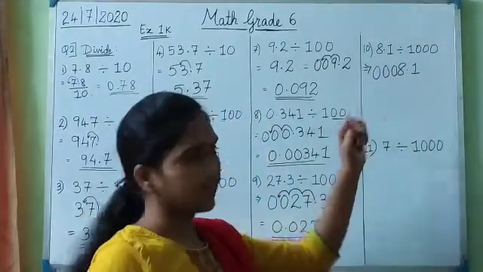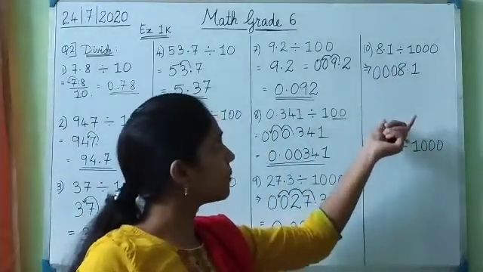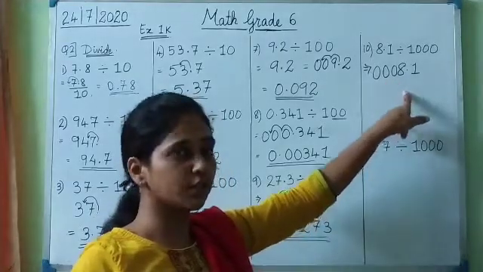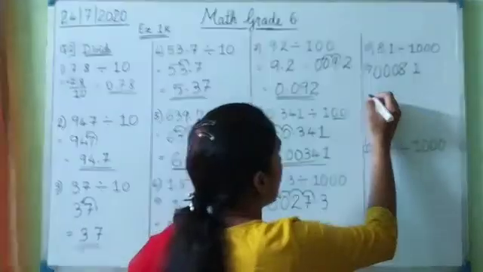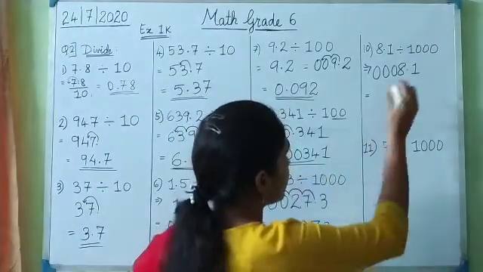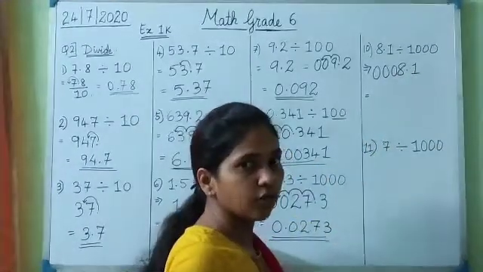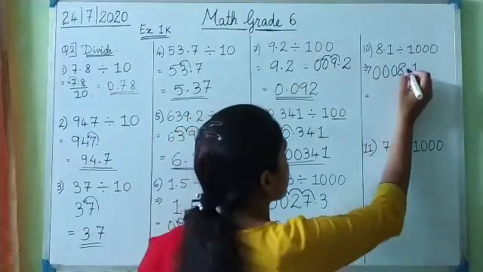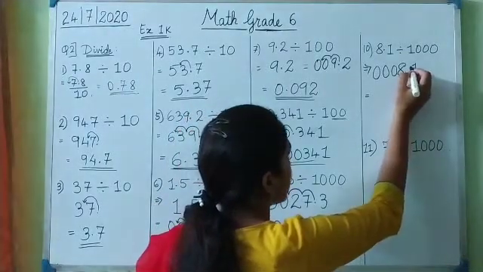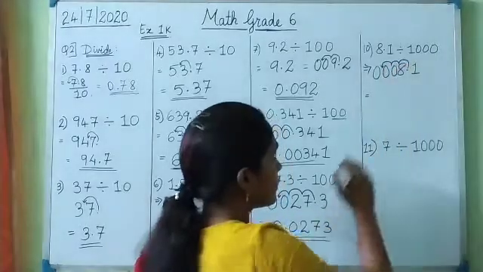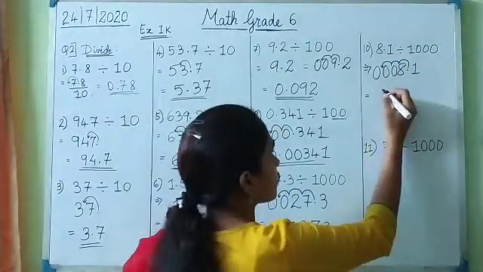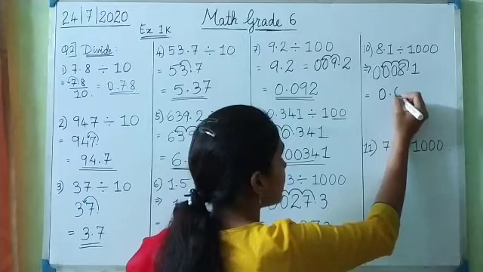Because after completing, you will understand why I put 3 zeros instead of 2 zeros in this place. Okay. So now I have to shift this decimal point 3 places towards the left. So this point goes 1, 2 and 3 times. Okay. So it comes between these two zeros. So the number now becomes